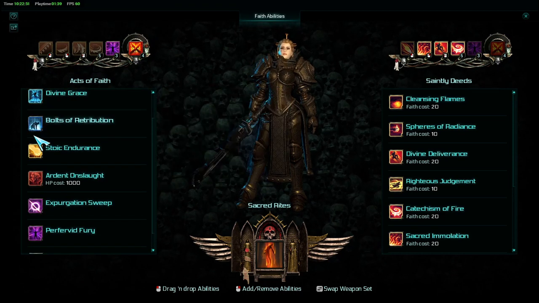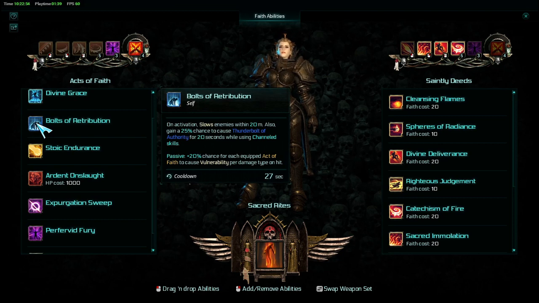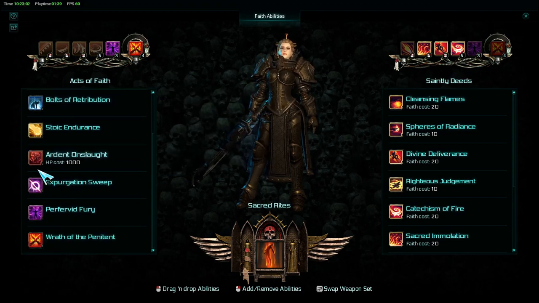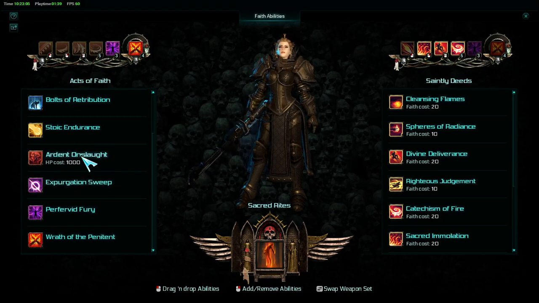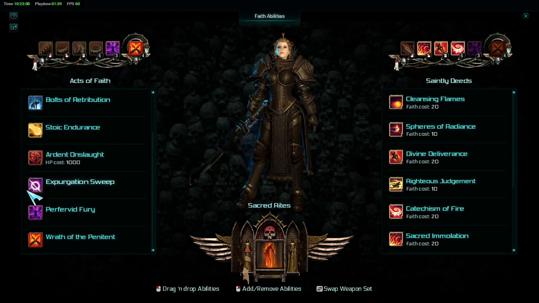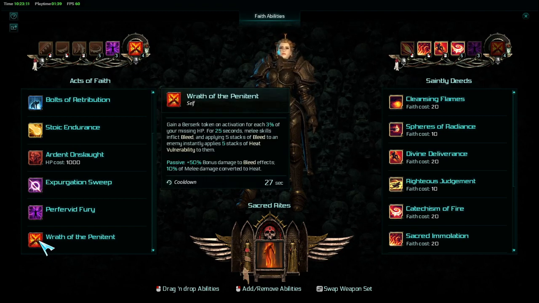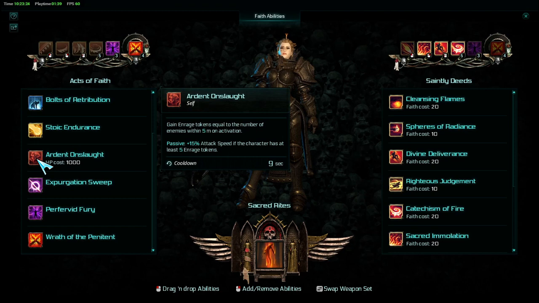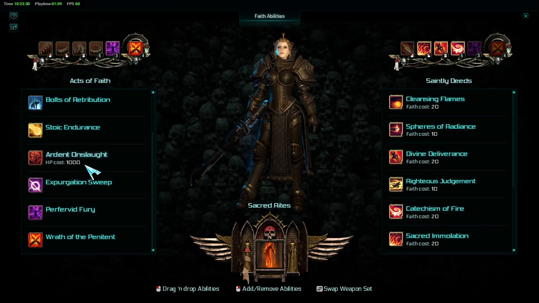If you want to throw on Bolts of Retribution for slowing enemies and adding that chance for Thunderbolt of Authority, you can. Divine Grace will give you an energy shield, but I would say you're definitely going to want at least 2 of either Ardent Onslaught, Expurgation Sweep, or Wrath of the Penitent, depending on how you're dealing damage. If you're doing a bleed build, Wrath of the Penitent. If not, go with either Expurgation Sweep, or if you're going with Enrage tokens, go with Ardent Onslaught. That is my suggestion for a complete